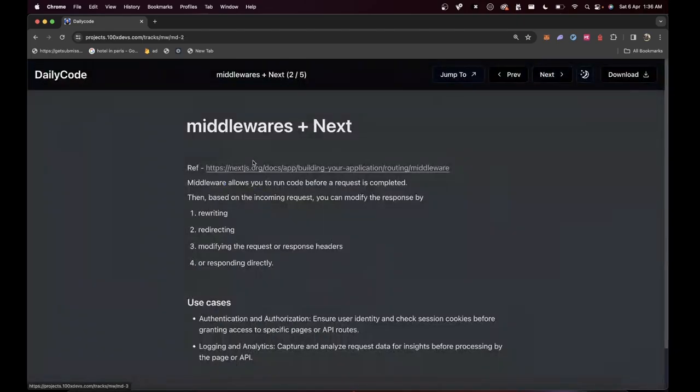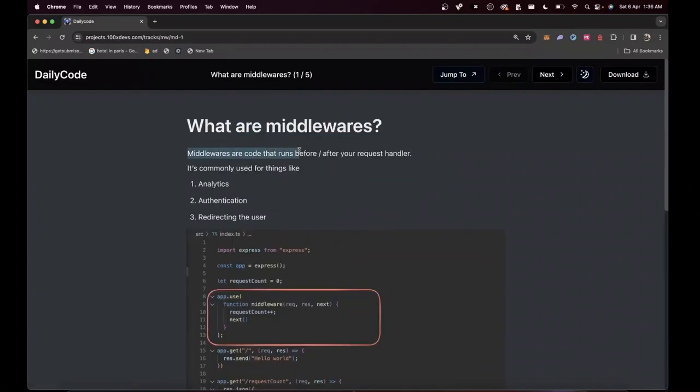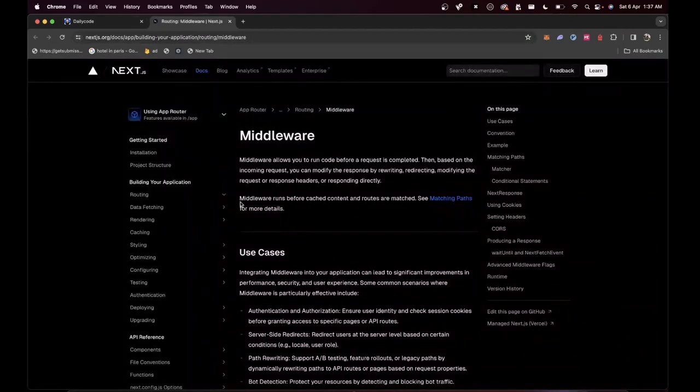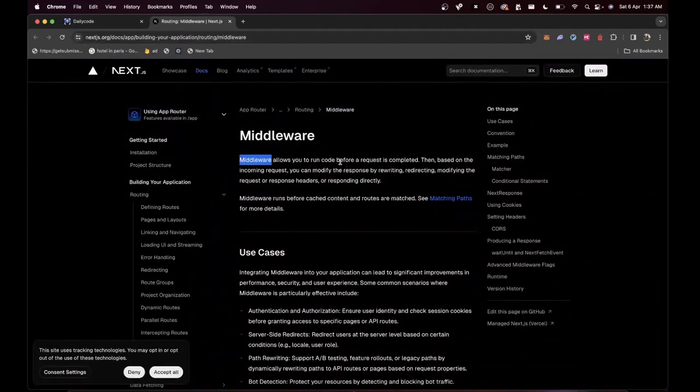The question is, middlewares in Next.js: how can I write a function that runs before or after your request handler? Let's see how to do that in Next.js. Very nice doc if you want to try it out yourself. Middleware. This is just the official definition that you'll see here as well. Middlewares allow you to run code before a request is completed. Then based on the incoming request, you can modify the response by rewriting, or changing the response itself. Redirecting the user becomes very important in Next.js, is not really important in Express, because in